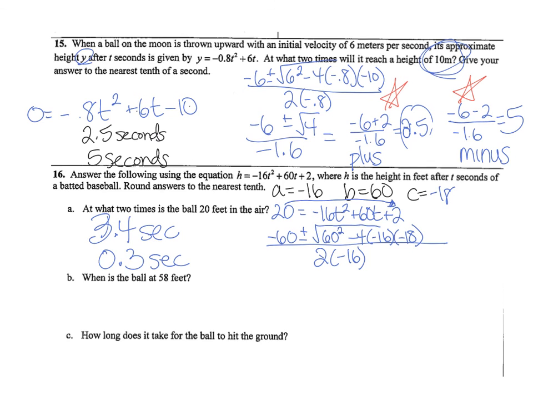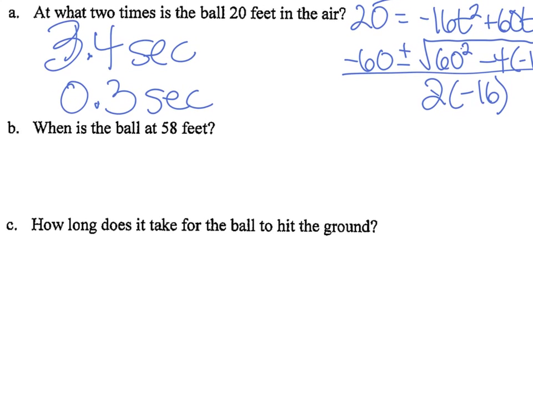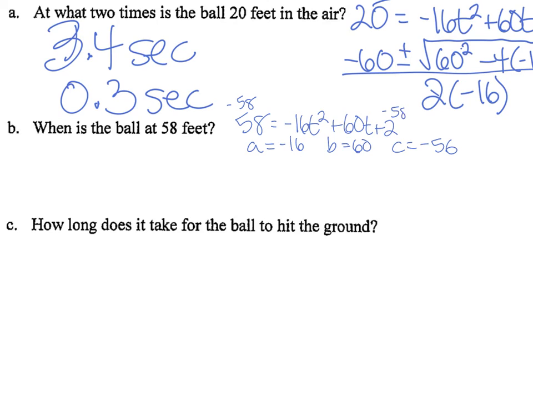58 feet. I'm going to run into the same thing, where it's going to be 58 equals -16t squared plus 60t plus 2. Get the 58 over. A is going to be -16, B is going to be 60, and C is going to be -56, because you subtract 58 from both sides. 2 minus 58 is -56. When I plug it in, I get